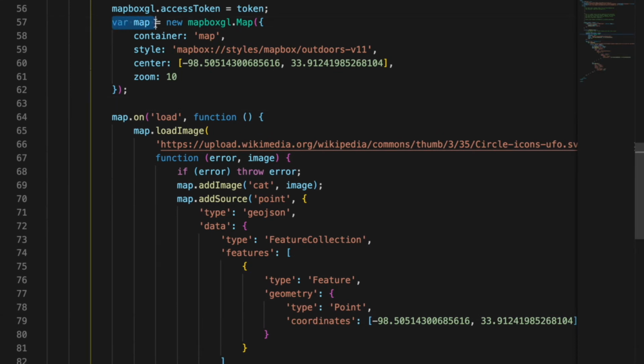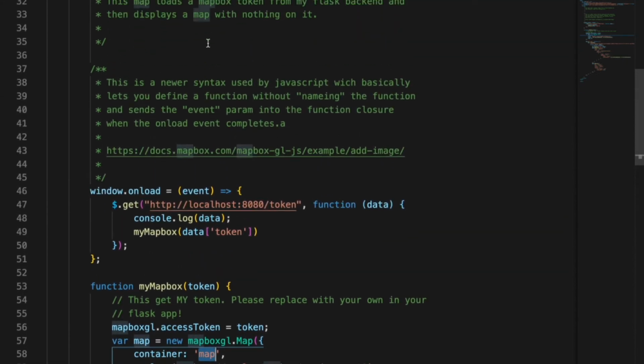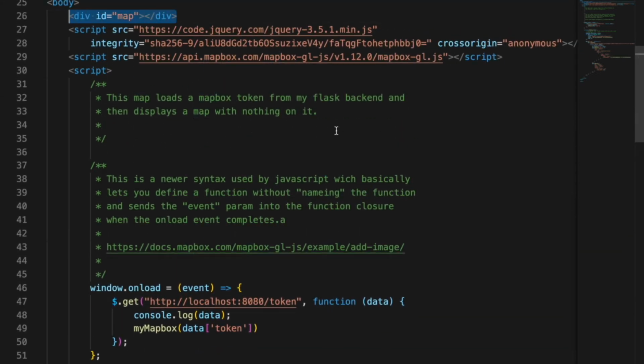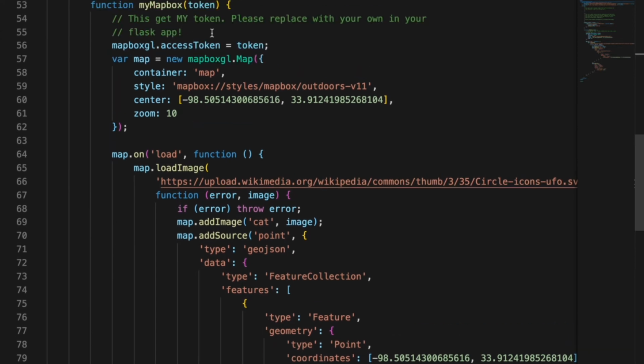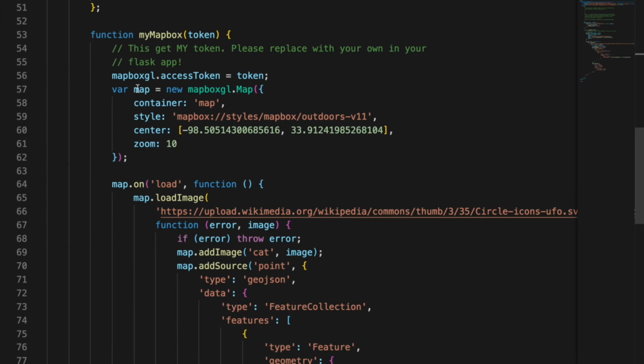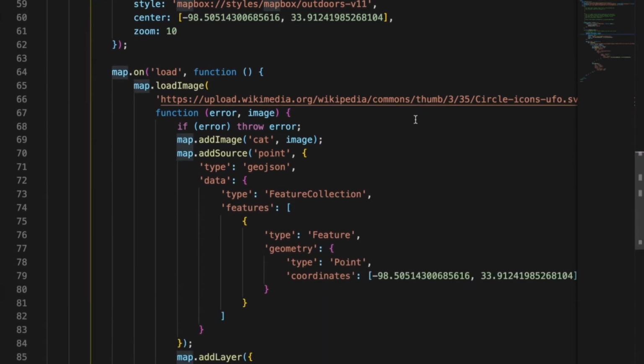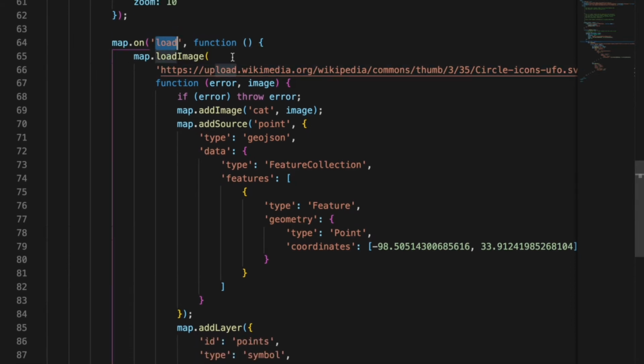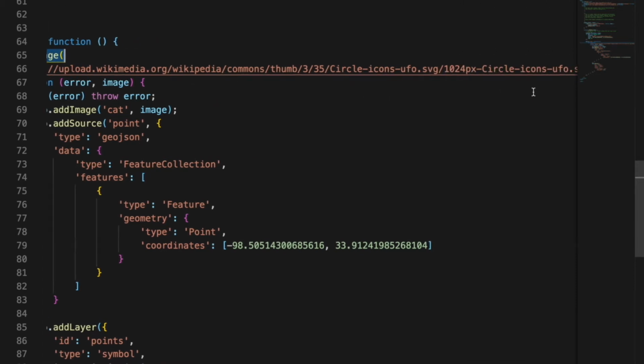So var map is equal to a new Mapbox. Send it a style. We tell it where to be centered. Container is map. That's what ties it to this div element in the body. And then map is now an instance of Mapbox GL. And so we can say map.onLoad, run this function. And in the function we have map.loadImage, and we tell it where to go get the image,